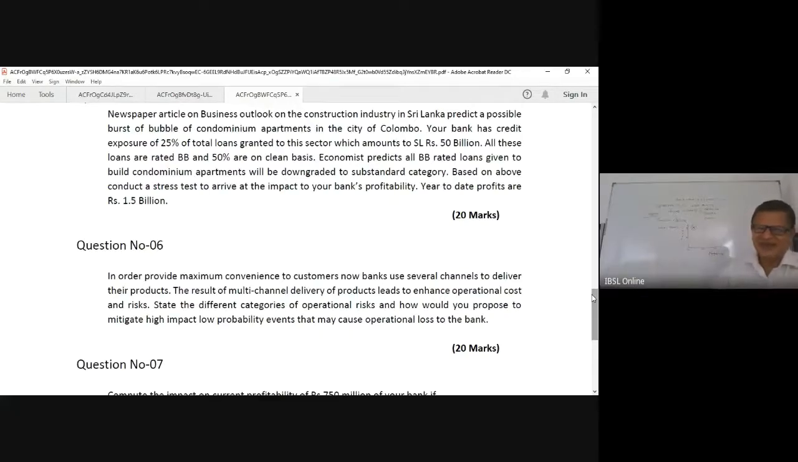So to answer this question completely, you need to mention the 7 categories of operational risk which I have mentioned in the slide, and also draw this chart showing where the high impact event could occur and show that it happens less frequently. Then you have to mention that it could be covered under transfer risk by way of